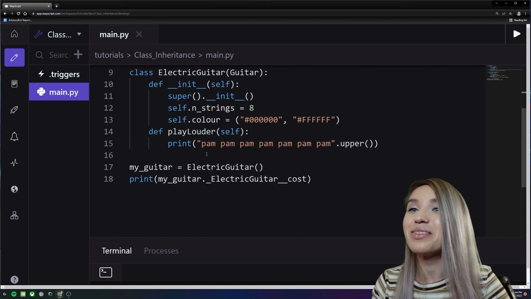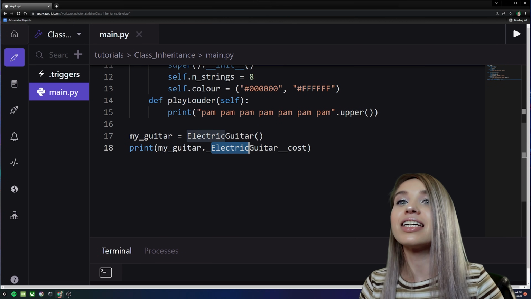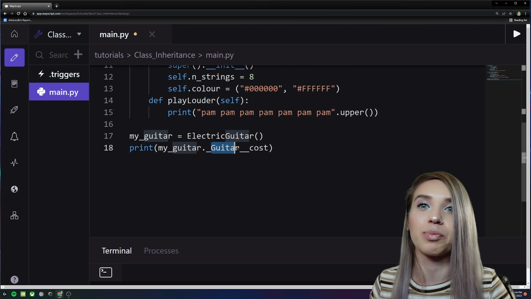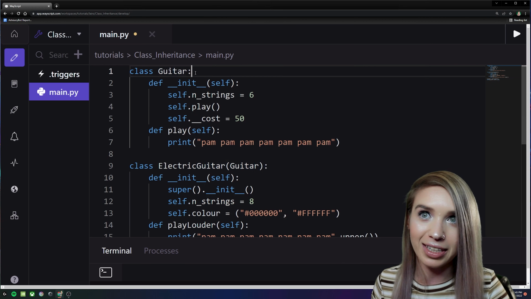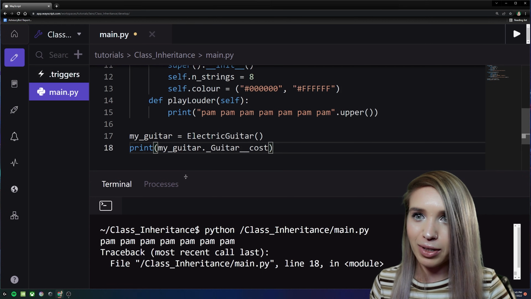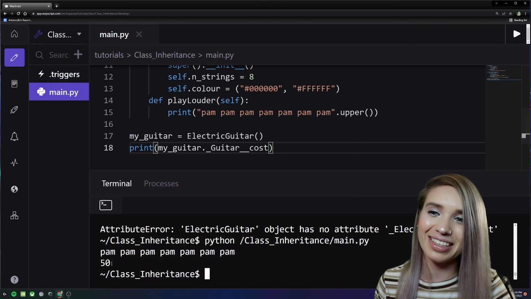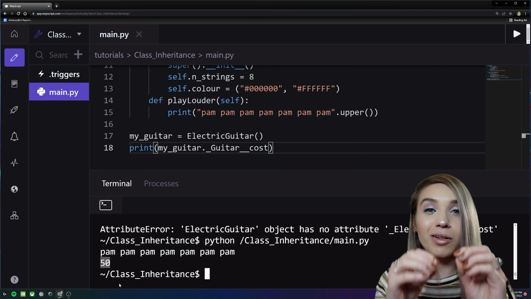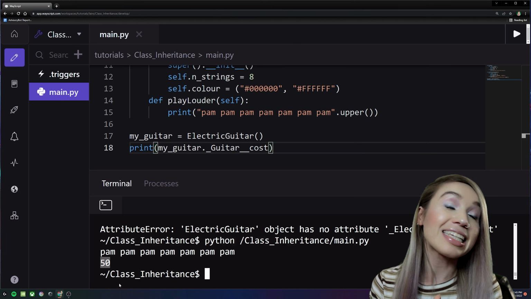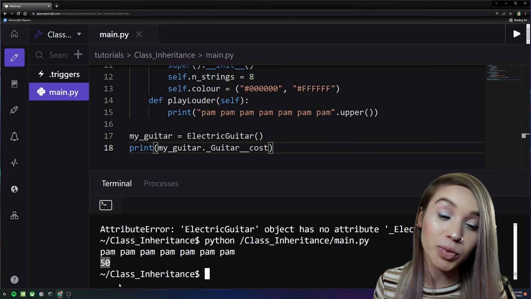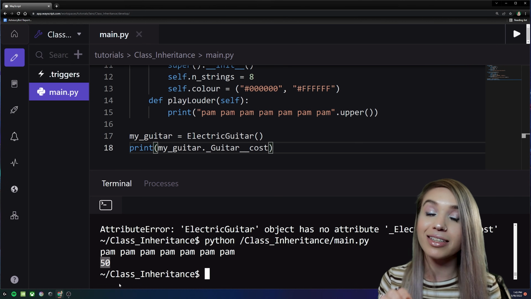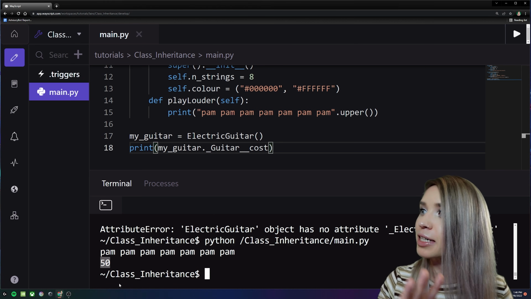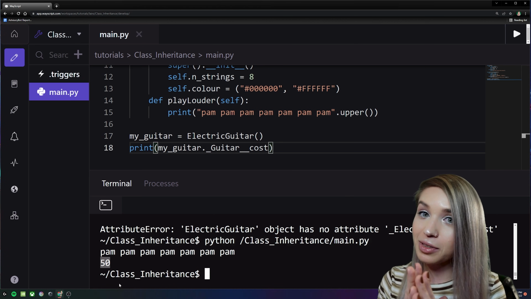No, because if we delete electric and we only leave guitar inside our print statement, which is a perfect match to the parent class, okay, to this one, now we rerun the code and we once again reveal the cost. Conclusion, what we call private members in Python has nothing to do with actual privacy. We're just being polite here. It doesn't mean these members are private. Yeah, it's relevant for other programming languages, for example, C++, but if we try to do this with Python, it's